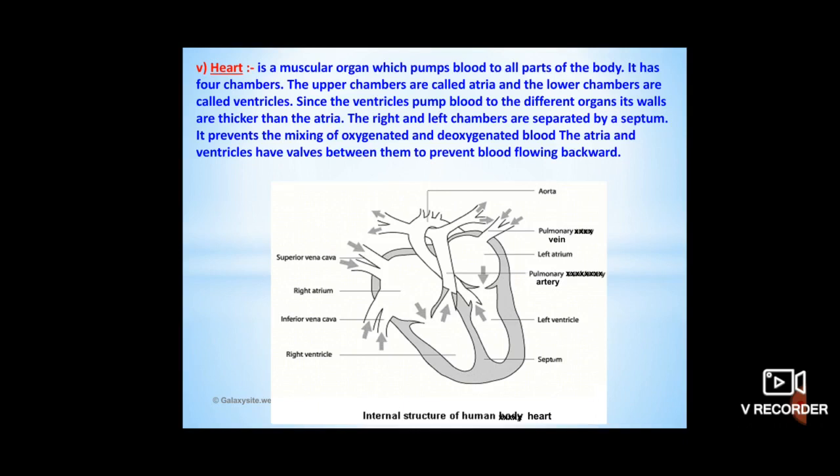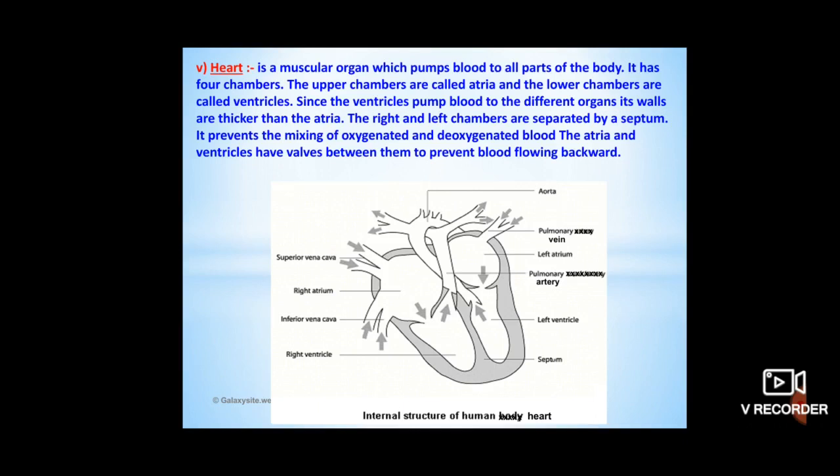At the same time, the right atrium receives the carbon dioxide-rich blood from all the parts of the body to the heart. The two regions below are called ventricles. The left ventricle helps to transport the oxygenated blood to all the parts of our body. At the same time, the right ventricle helps to transport the deoxygenated blood to the lungs